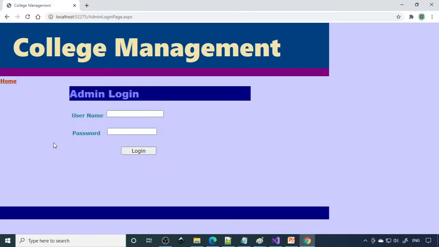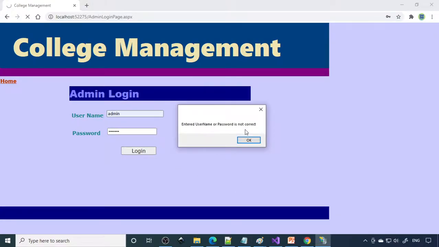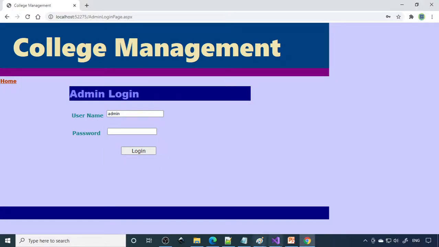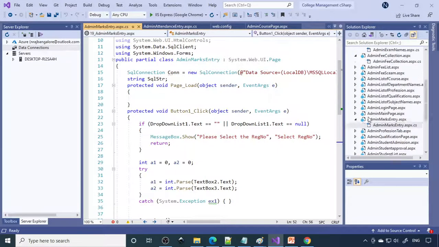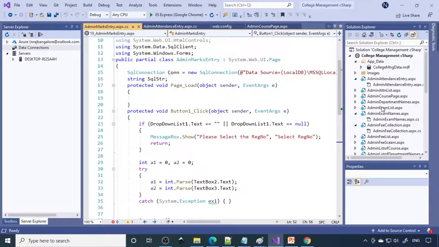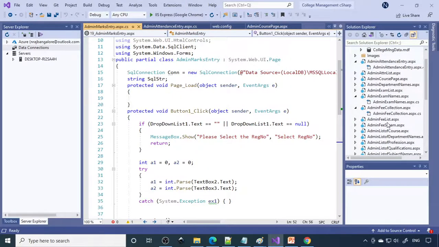When you go to admin login, it takes you to the login page here. You need to log in with the admin ID and then the password. If you give the wrong password, it will give a message stating that the user ID or password is not correct. How is this done? You need to validate in the page. There is a separate video on how to make a login page, so watch that and learn how to write the code yourself.